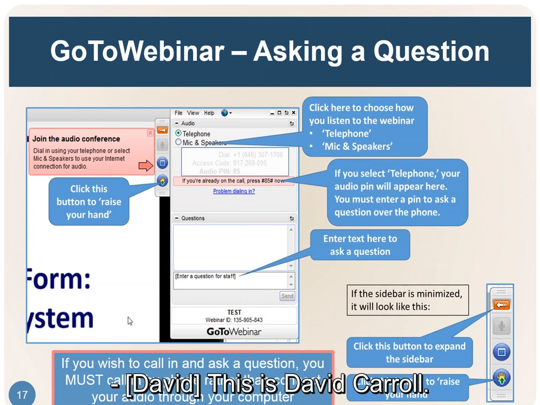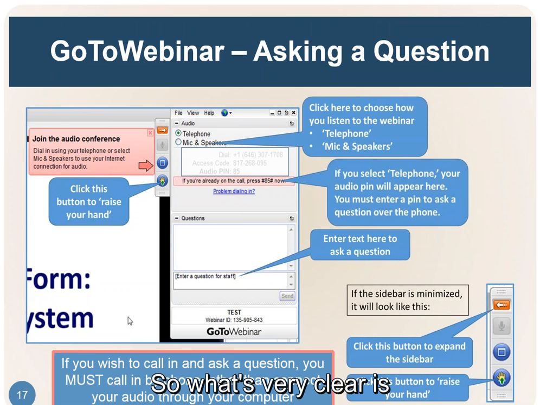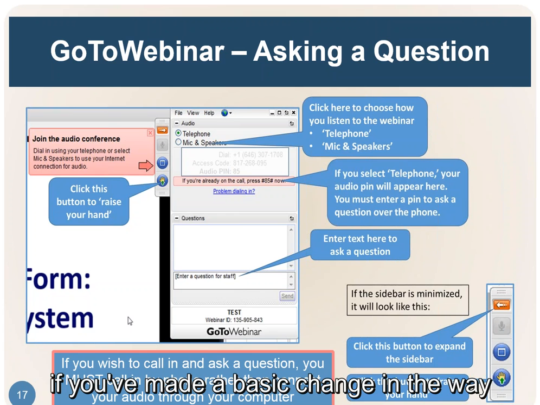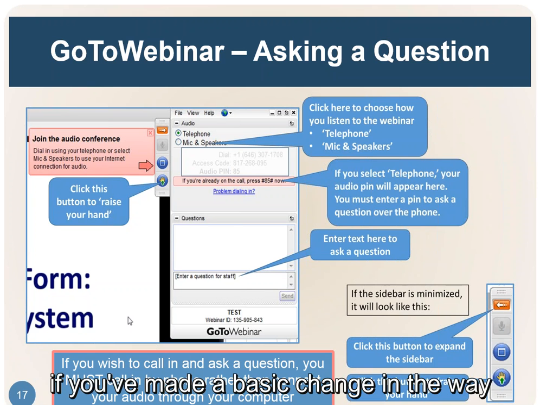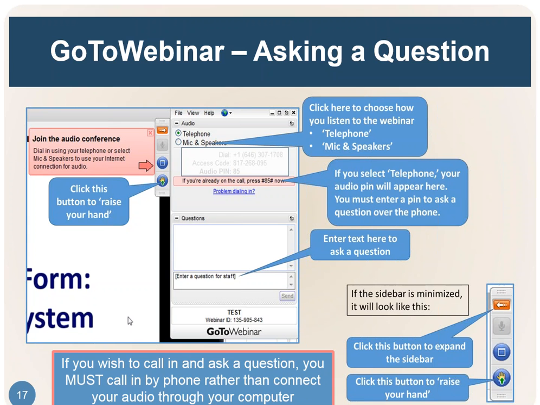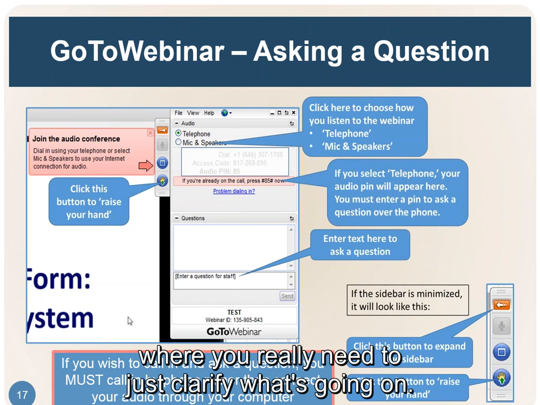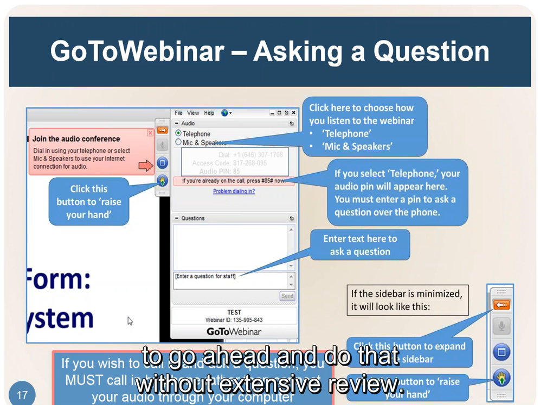So this is David Carroll. That guidance is under discussion. What's very clear is if you've made a basic change in the way that you're approaching your program, where you really need to just clarify what's going on, that seems like it's okay to go ahead and do that without extensive